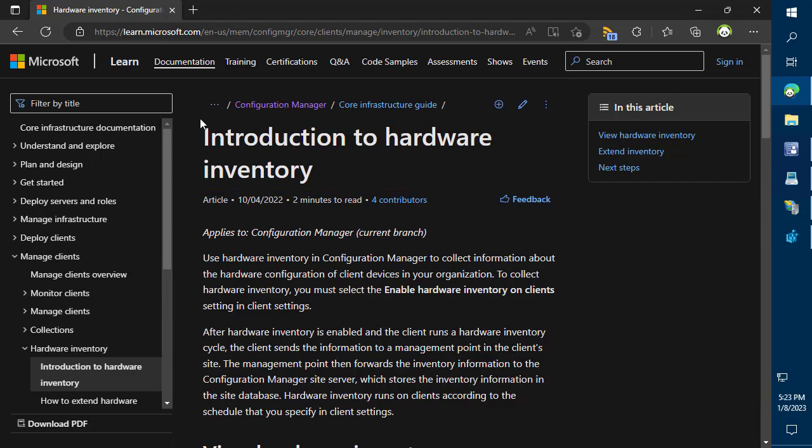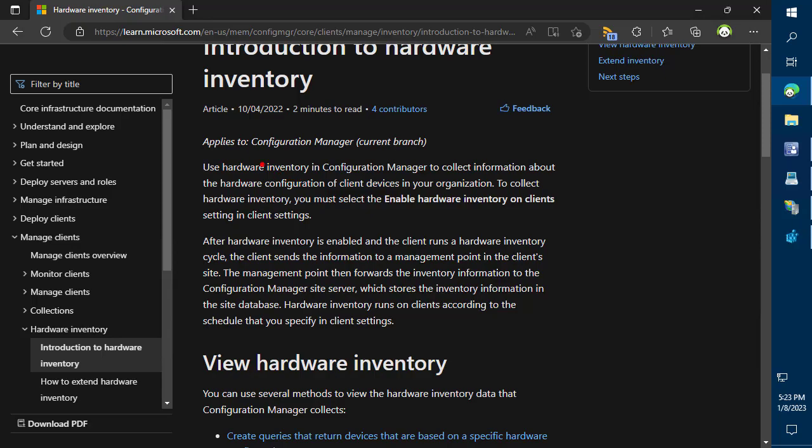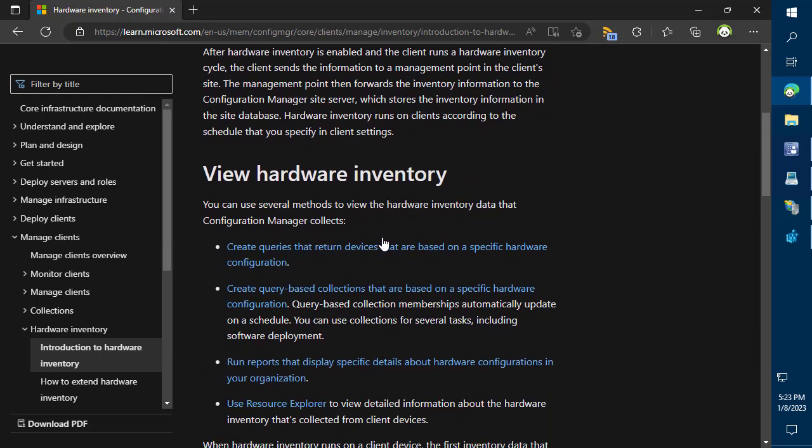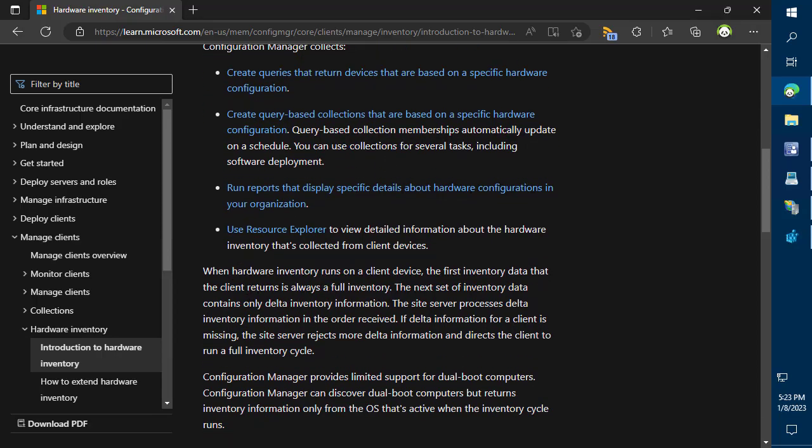Jumping in, let's just start with the introduction. We're actually on the Microsoft Docs website. At the most basic level, hardware inventory is data that a Configuration Manager client will collect about a device. For example, it could be things like what processor is running on it, how much memory is on that computer. Hardware inventory also includes things like installed applications. Things like Add and Remove Programs are actually sent up through hardware inventory, which really isn't that obvious because